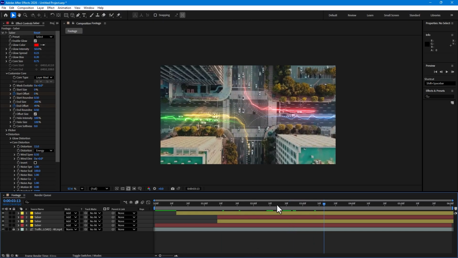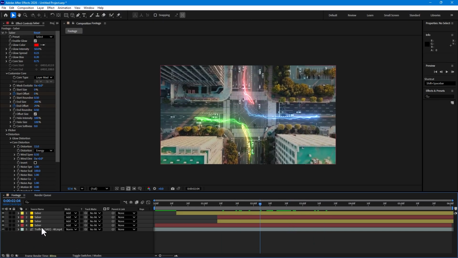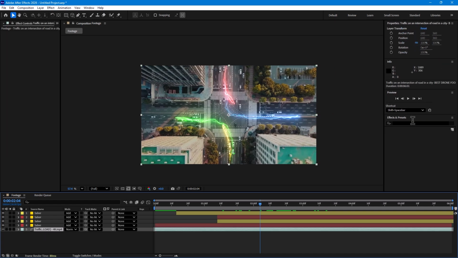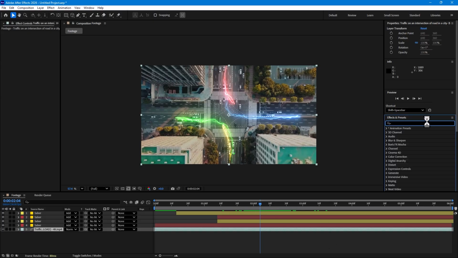And now time to control the brightness and contrast of the footage to look more realistic and cinematic. So how to do this? First, right here, Cineon